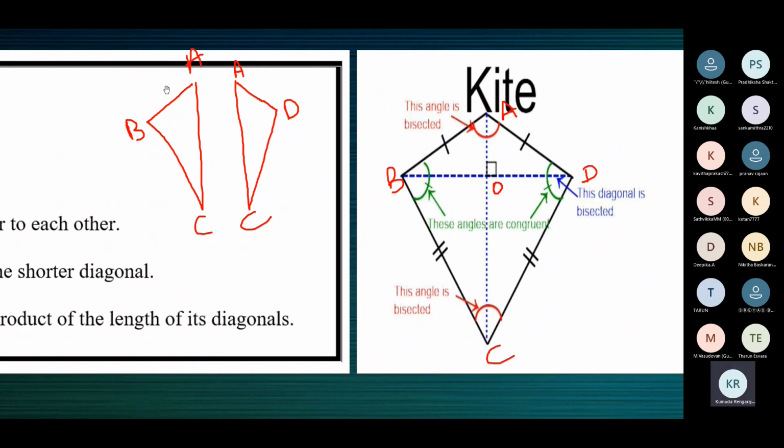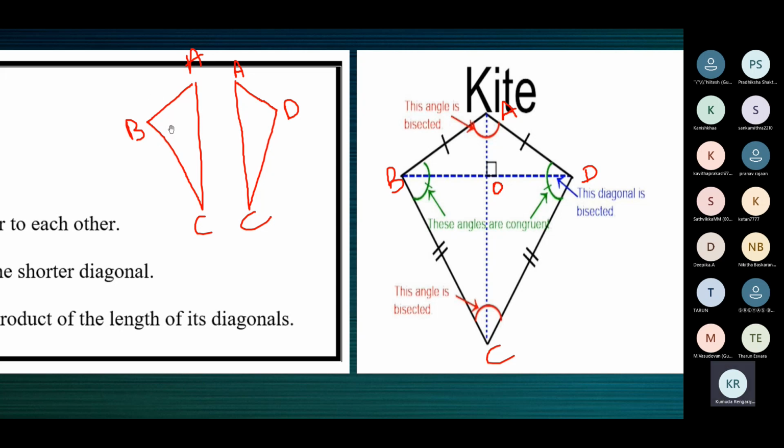Yeah, so we said this side AB is equal to AD given, BC is equal to DC given, and AC is equal to AC, common side. So by CPCT, this angle A is equal to this angle A. That's why angle A is bisected, because these two portions are equal. This angle C is equal to this angle C, so angle C is bisected, because this portion is equal to this portion. Supposing the whole thing is 100 and this is 50, this is 50, so it's bisected.